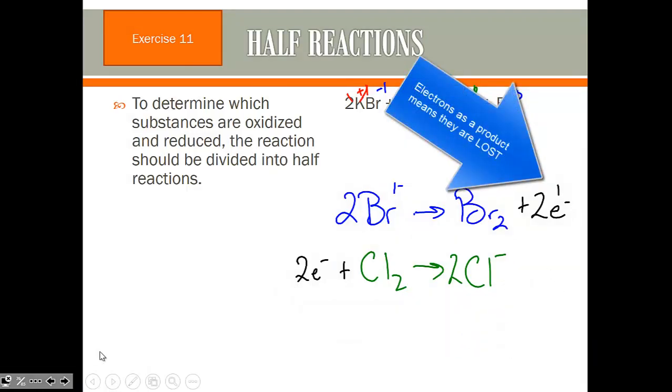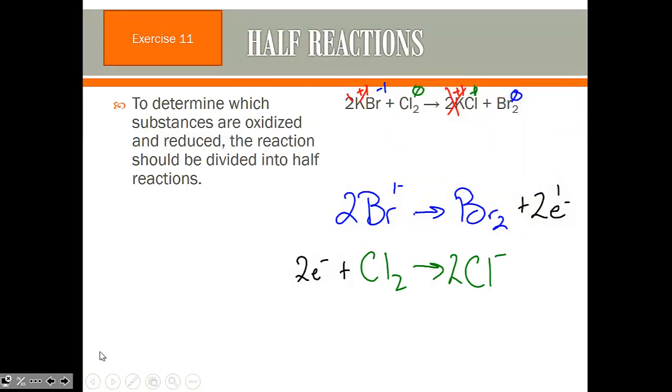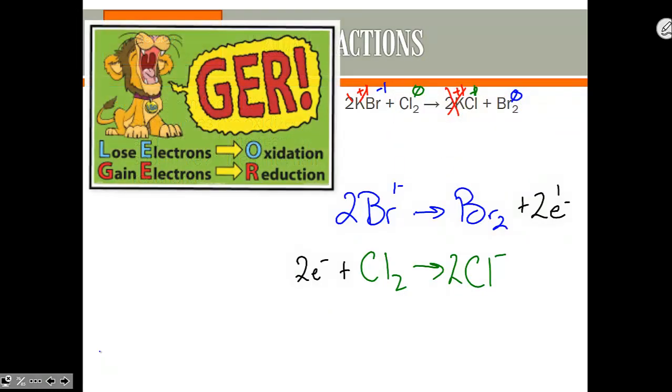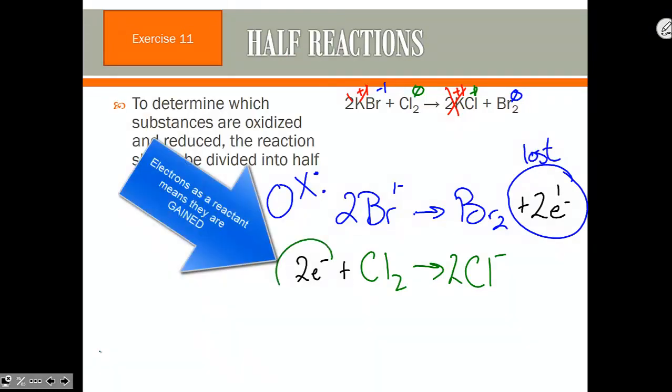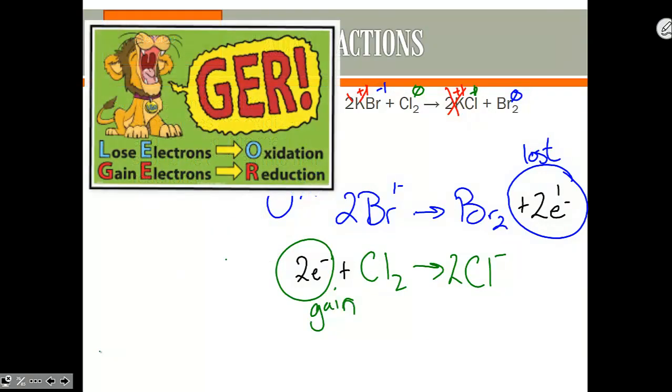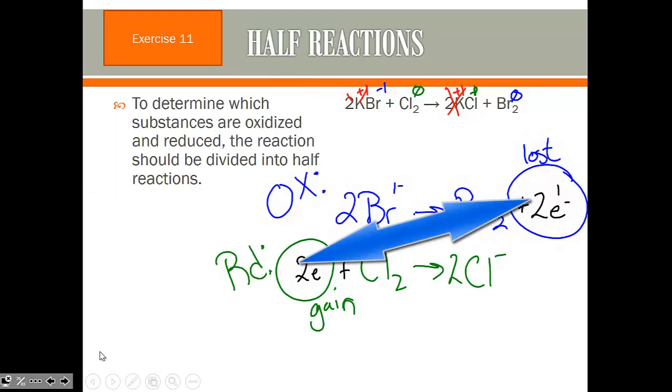Products are seen as being lost. So bromide, a loss of electrons, is oxidation. So bromide is oxidized because electrons are a product. They are lost. Chlorine gains 2 electrons. Electrons are a reactant, so we consider them being gained by chlorine. So chlorine is reduced. You'll notice that bromine gave off 2 electrons, which were immediately picked up by chlorine because